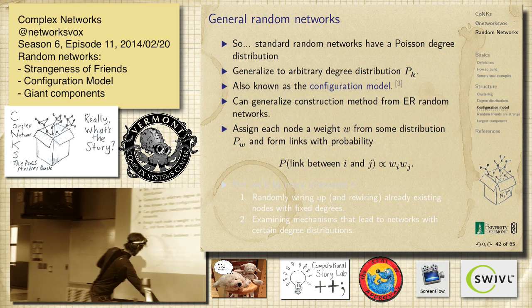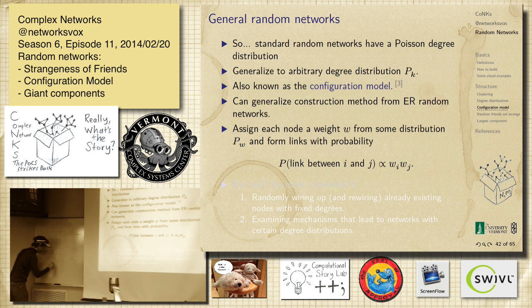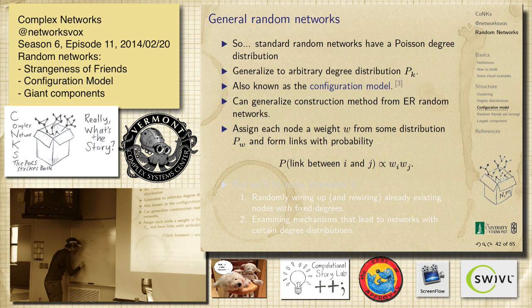There'll be a normalization. So the actual connection between I and J would be equal to the product of these two weights, and then you'd normalize. Let's call it I prime and J prime. You'd sum up by all of those. There's one way to do it. J prime, right? So this is the sum of all these products, and then multiply the whole thing by the average degree that you want. I think I got that right.